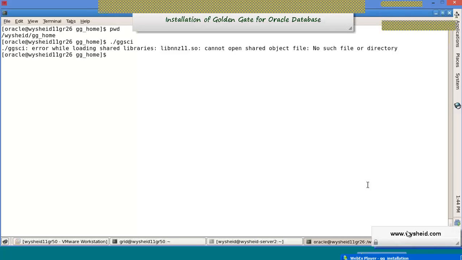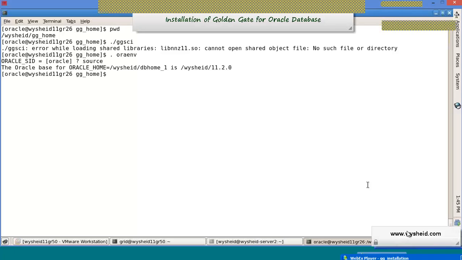So there are two methods. We can set the Oracle environment variables, or we can just set the LD library path. We prefer to have the entire environment set, so I'm just setting the environment variables: Oracle home, Oracle SID. Now if you give echo $LD_LIBRARY_PATH